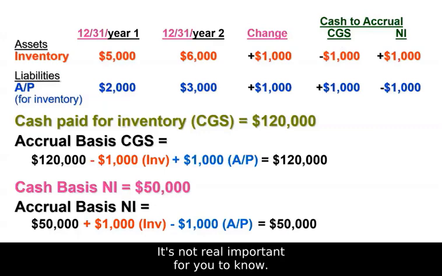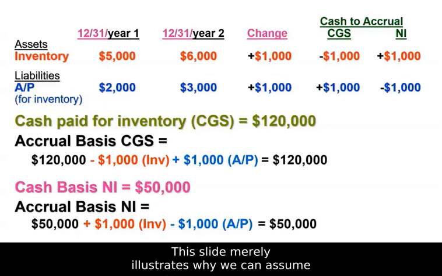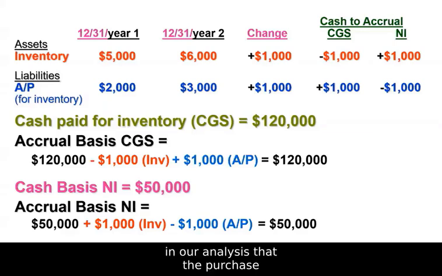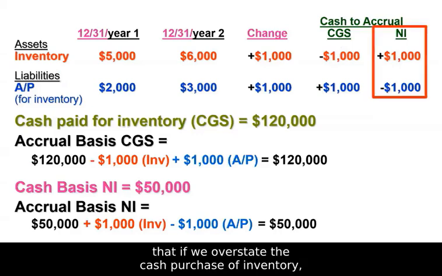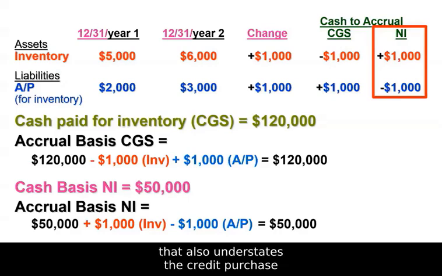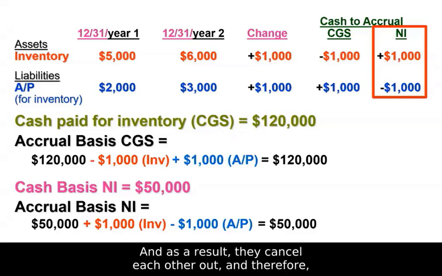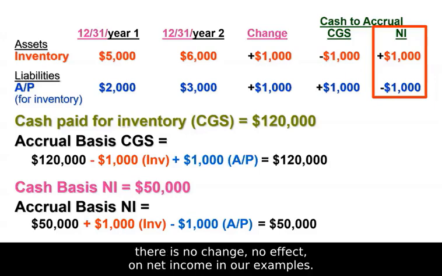This is the slide I'm going to skip over. It's not real important for you to know. This slide merely illustrates why we can assume in our analysis that the purchase of inventory is always made for cash. And what this slide tells us is that if we overstate the cash purchase of inventory, that also understates the credit purchase of inventory for the same amount. And as a result, they cancel each other out, and therefore there is no effect on net income